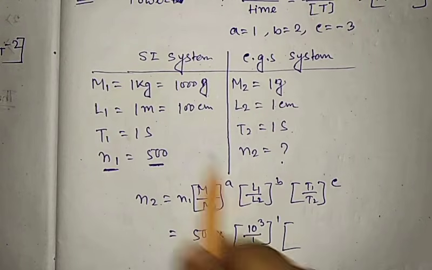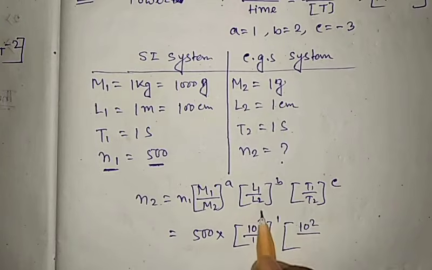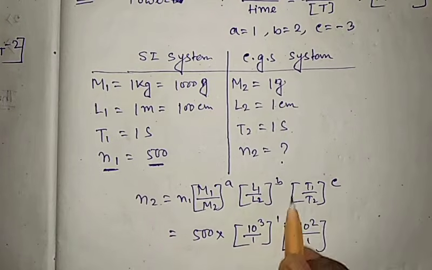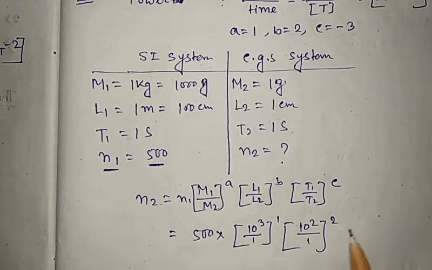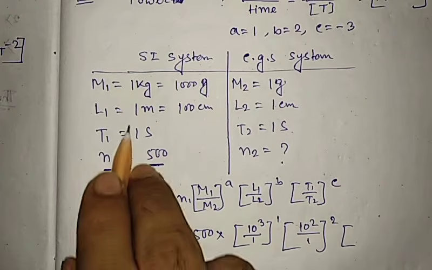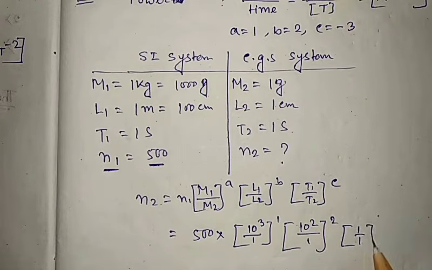Now L1 means 10 to the power 2 by L2 means 1 whole to the power B. The value of the B is 2. Now T1, this is 1 by 1 whole to the power C, that means minus 3,